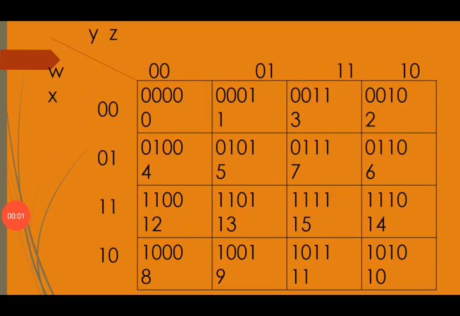Now students, you have got a clear idea about the 2 rows 2 columns matrix, then the 2 rows 4 columns matrix, and now we have the 4 rows 4 columns matrix. Alright, so here we see that the 4 variables w, x and y, z are there. They have been separated with a line, and that is called the tail. And for the row side we have the wx combinations, whose binary values are 0 0, 0 1, 1 1 and 1 0. And on the column side there are y and z. Their combination is 0 0, 0 1, 1 1 and 1 0.